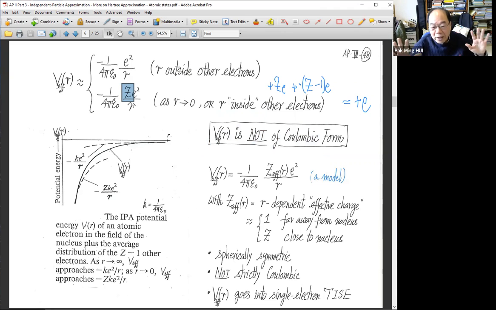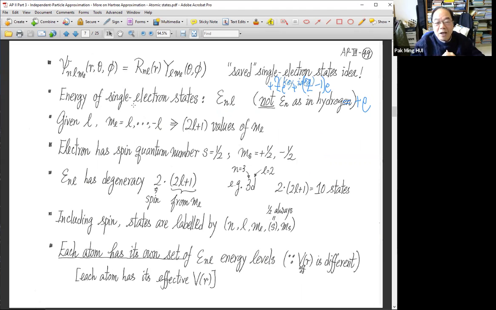So it is not a constant, thereby it's not strictly Coulombic. It is good. Since it is not Coulombic, then we know from solving spherically symmetric problems